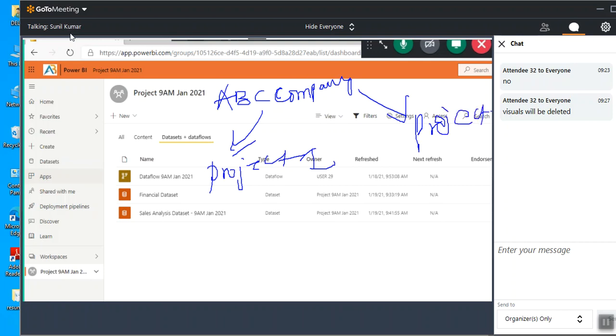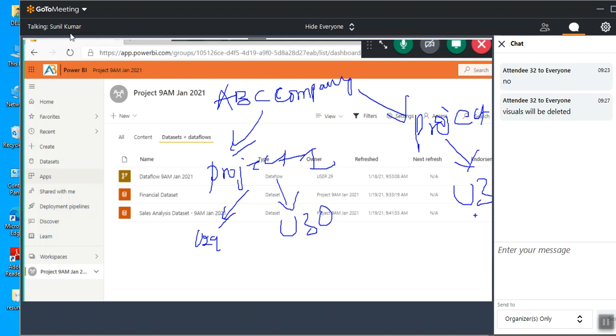In Project 1, they hired user 29 and user 30, and in Project 2, they hired user 31 to do the work. When they start any project, they'll take Power BI developers. Project 1 is a bigger project, so they hired 2 developers there. Project 2 is a small project where they hire only 1 developer.